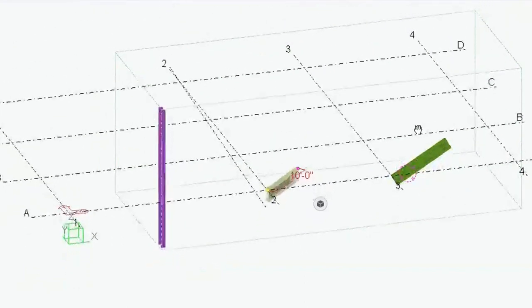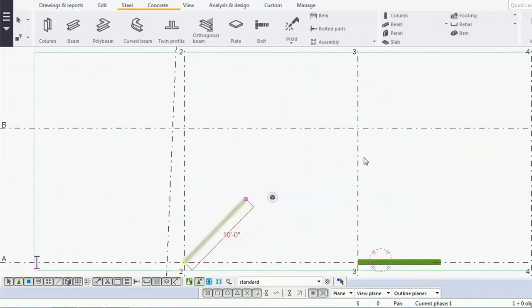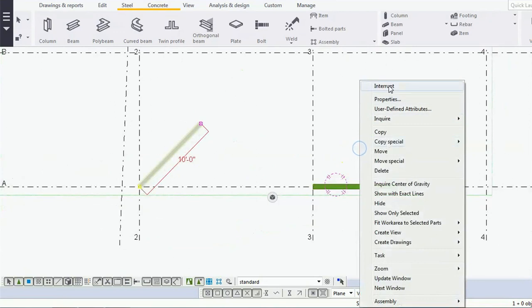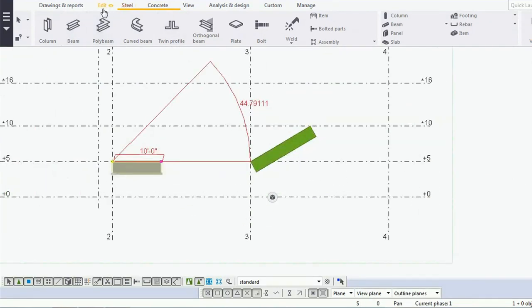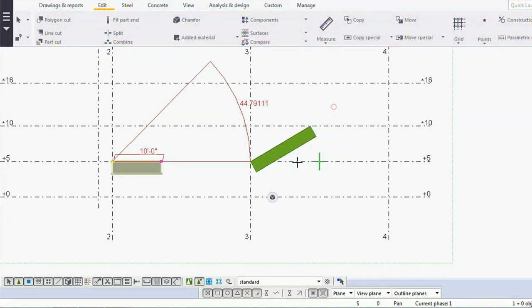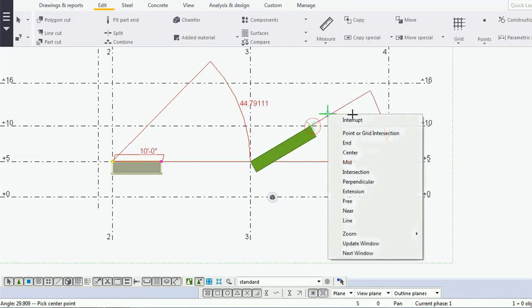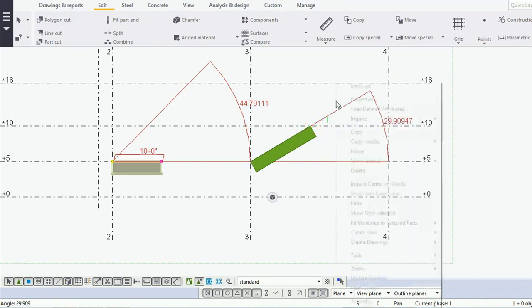Okay, see, Control P and go to the elevation view at 8. Just cross check and check the angle. It's almost 30 degrees.